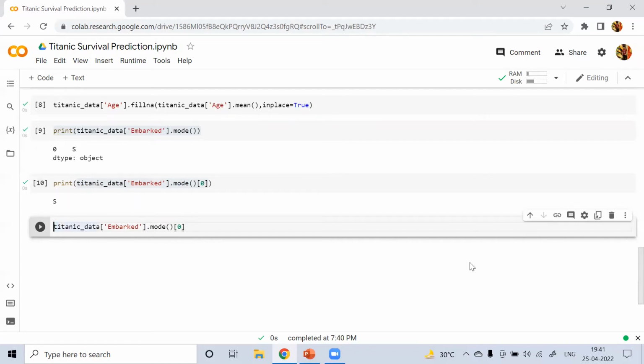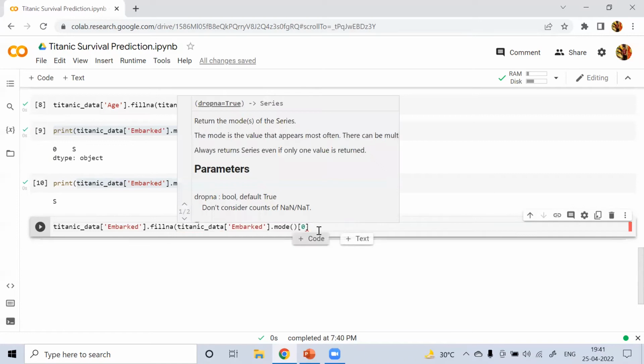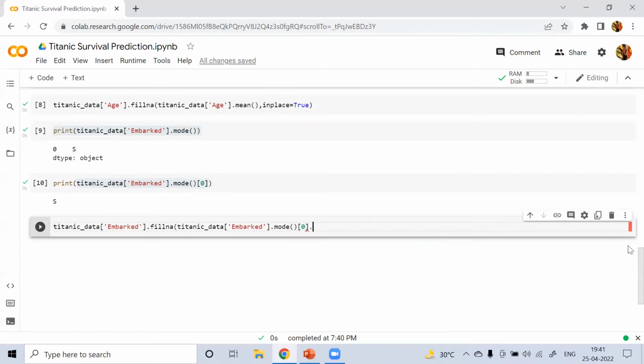We have to keep it in Titanic data. We have to take the embark column, so dot fillna and keep this here, and inplace equal to true.